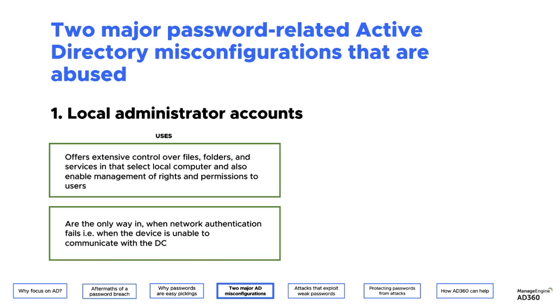Now, the most common problem is local admin privilege. This is a rampant issue these days, especially because users have started working remotely. Your users are going to demand access to many applications. They would want to prioritize accessibility over security. They would want to get things done right away. And in the process, while they're working remotely, administrators are pushed to give them access to their local devices. Many times it could be a matter of them not being able to connect to the domain controller, or not being able to update or upgrade or apply the latest patch.